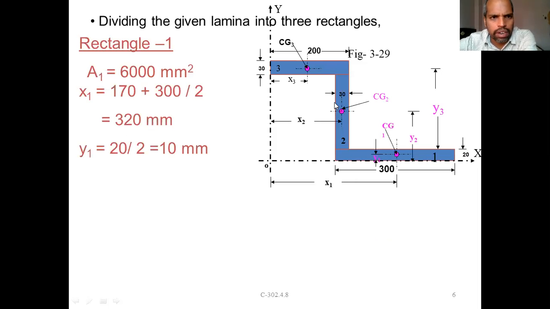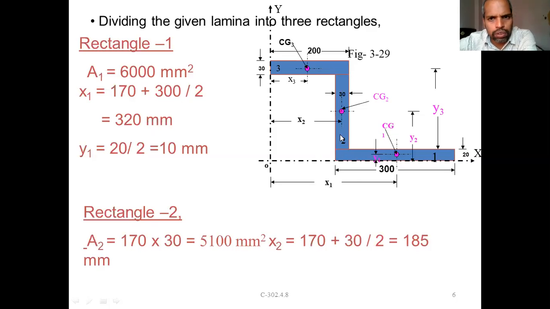How to calculate the values? See, x1 is whatever we have calculated, that is nothing but 320 only. 170 plus 300 by 2. 170 is up to here. It is 300 by 2, that's nothing but 320. And y1 is equal to 10 mm. Of course, from here y1 is equal to 10 mm. Similarly,